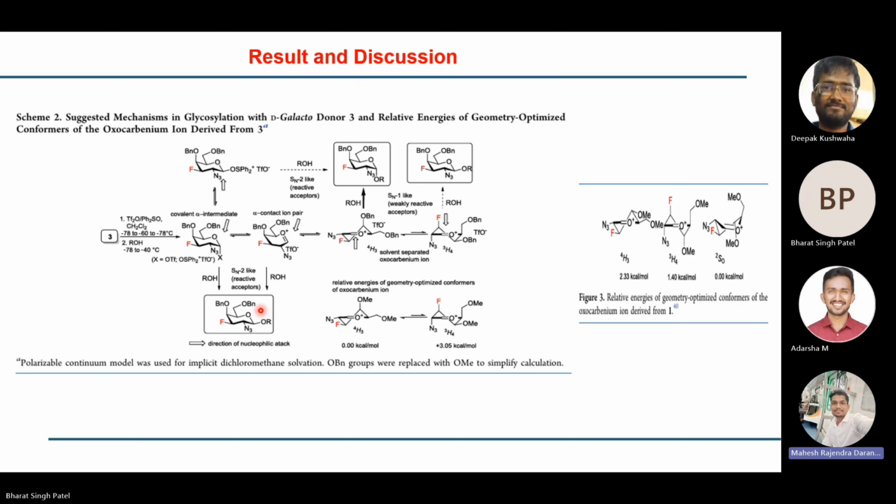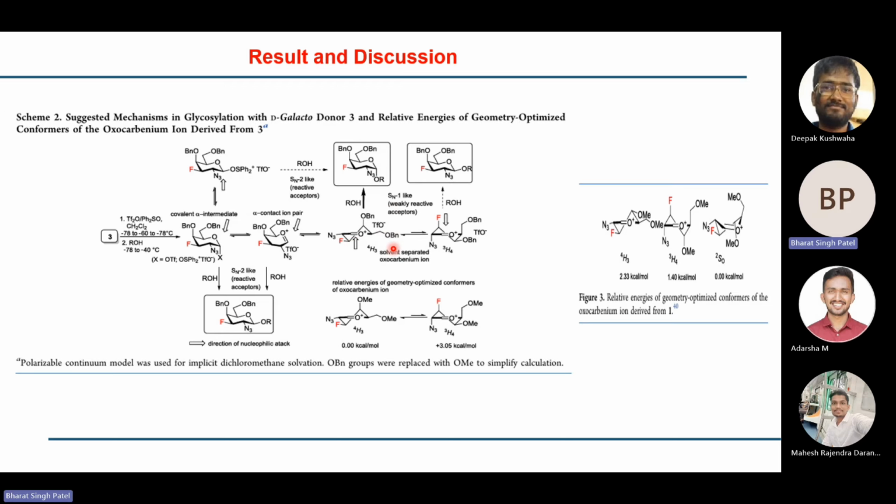In the case of the alpha product, nucleophilicity is less, so it will again undergo oxocarbenium ion formation, and then further there will be an equilibrium. So this triflate is in equilibrium with the contact ion pair, the boat form and the half chair form. So there are intermediates. Which intermediate will be the stable one? That will also lead to the stable product, and the reaction will go through that intermediate.